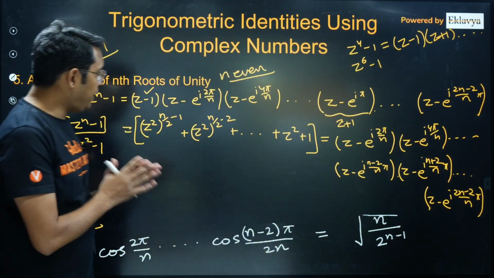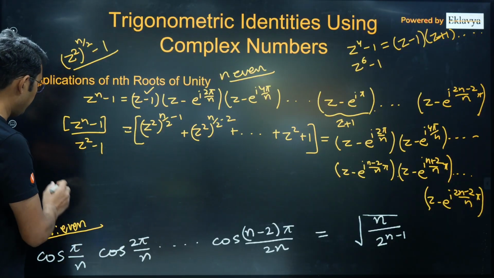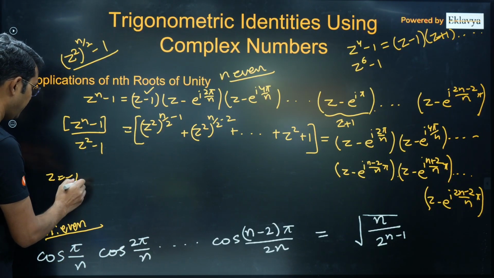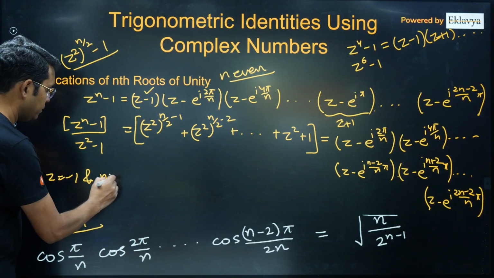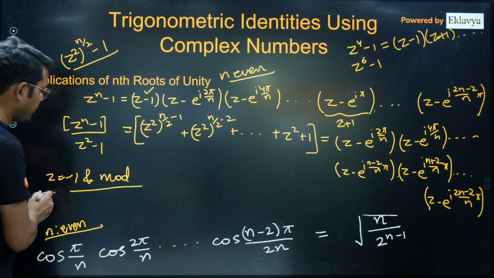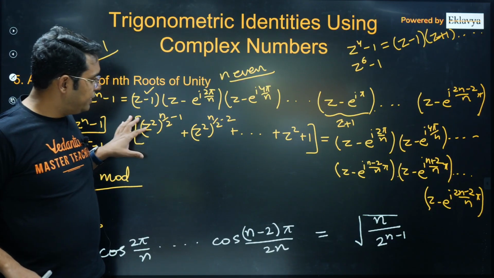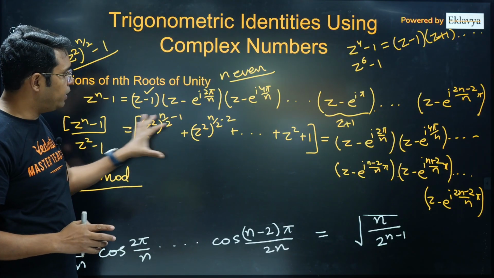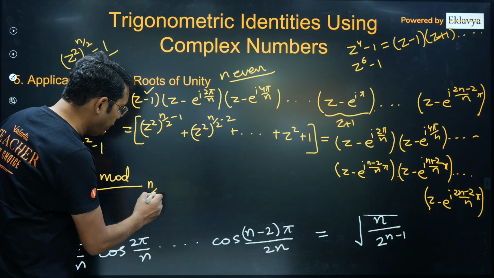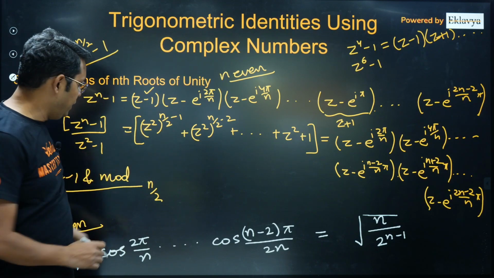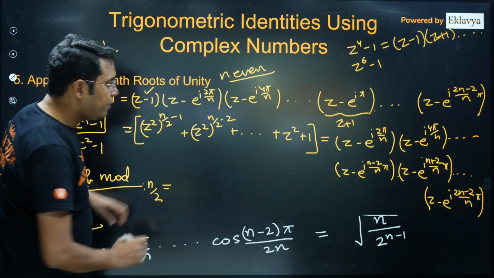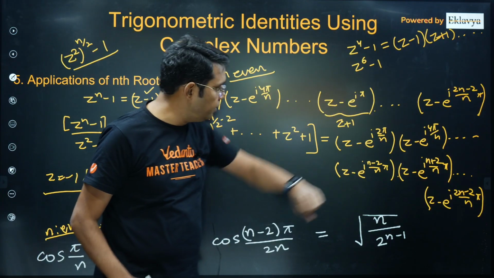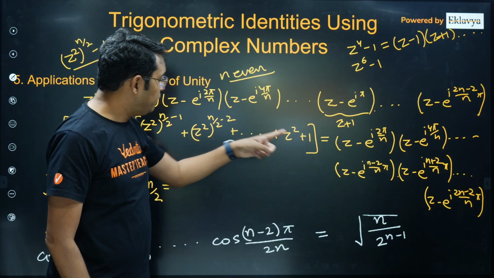Now here also what we have to do, we have to put z equal to minus 1 and take mod both sides. Z equal to minus 1 will give you these brackets, these terms are, I think, n by 2 in number, you can count. So that will be n by 2 here, because every one will become 1, 1, 1. And on the right hand side, if I start taking the mod, for minus 1